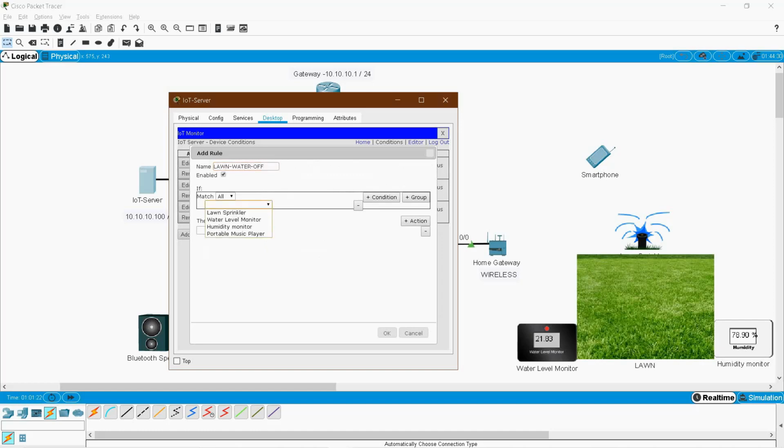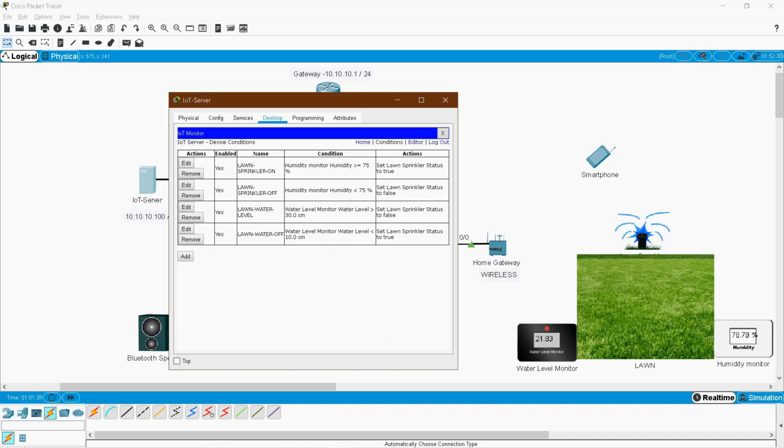So when my water level is less than, for example, 10, I want that lawn sprinkler to true. Okay, so here you have created 4 conditions based on the humidity and also the water level.